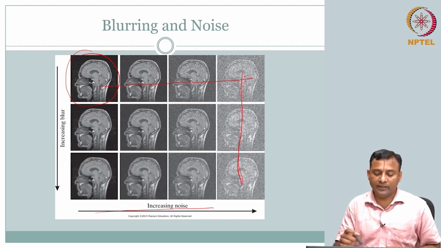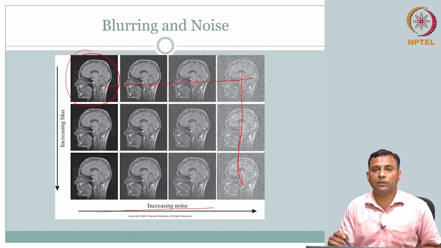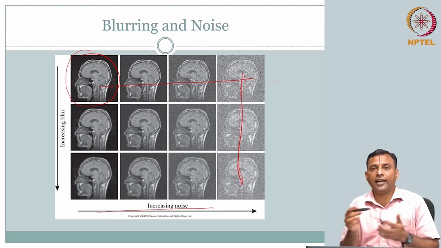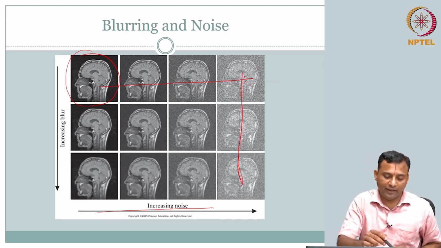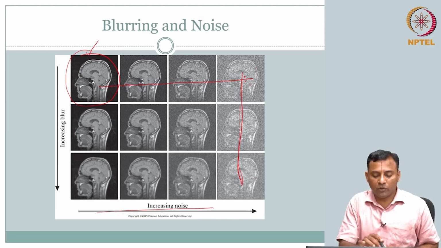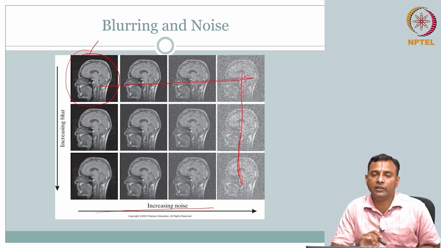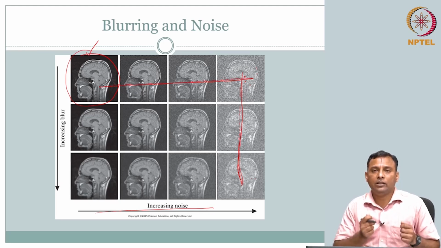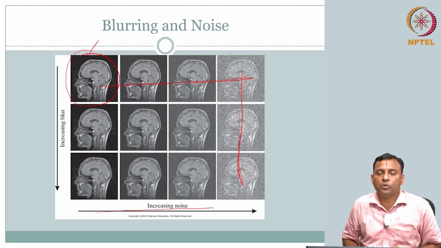So I can increase the blurring, perhaps reduce some noise, or the other way. You do not get everything. You want to be here, but you are always going to be playing around whether you want to go here or here. You are going to be playing around within the constraints of what the instrument allows you to do. Okay. So we will